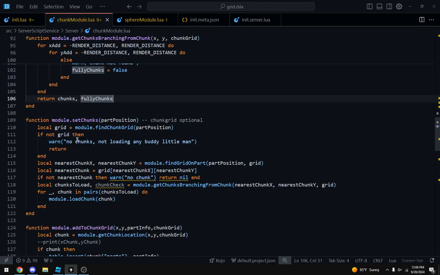But yeah, the next thing we're going to do in the next video is unload chunks that are loaded. So we're gonna have a value of all the loaded chunks inside of a chunk, and to deload a chunk, we want to